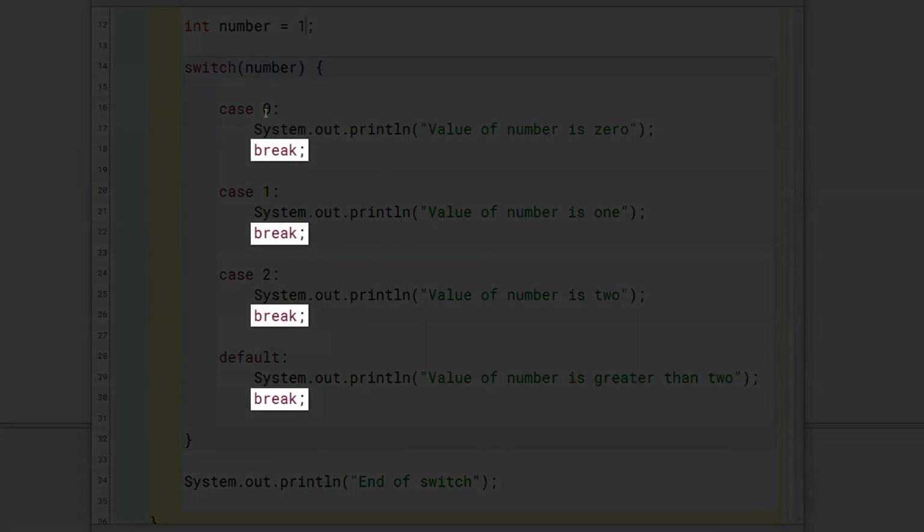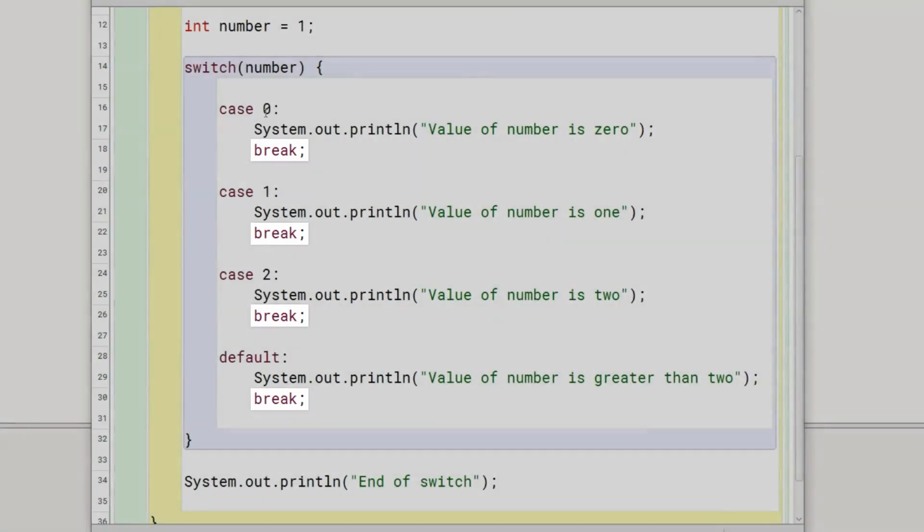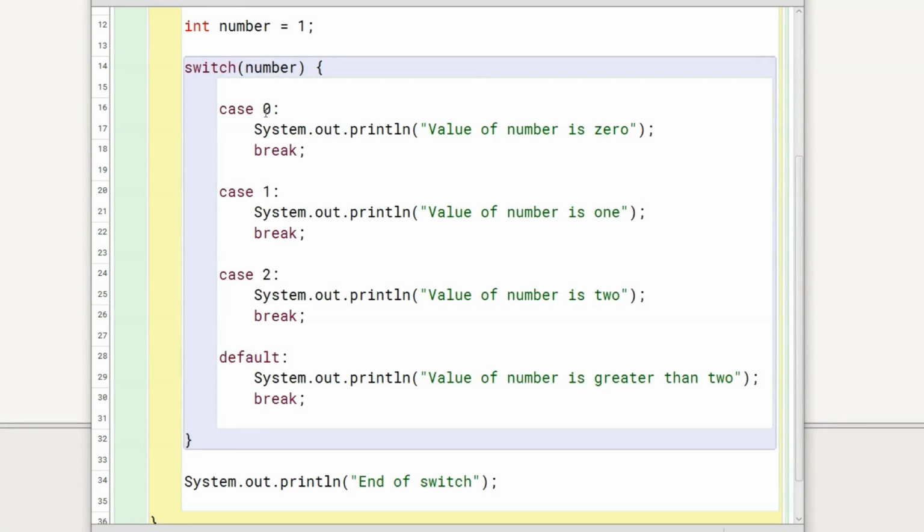These break statements in each of the cases will transfer the program control outside the closing curly braces of the switch statement code block over here. Break statements belong to the jump category of Java's control statements. They play a very important role in switch statements and loops. We will look at their usage in switch statements in depth just after executing this program. Their usage in loops will be examined in the iteration statements section.